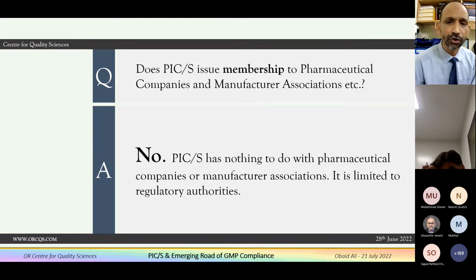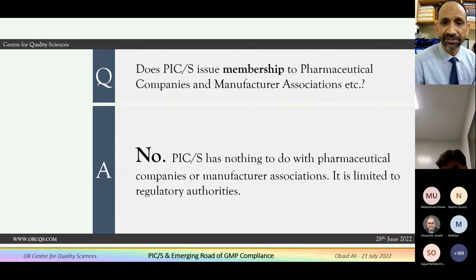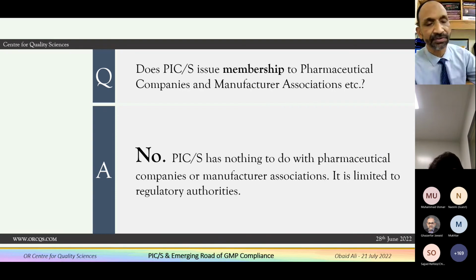नो, PICS हैज नथिंग, दिस इज माय अंडरस्टैंडिंग व्हिच माइट नॉट ऑलवेज बी करेक्ट, बट मैंने बहुत केयर की है इसको जवाब देने में, बहुत जिम्मेदारी से जवाब दिया। अगर कोई गलती होगी जरूर आइडेंटिफाई कीजिएगा। आई विल रिस्पेक्ट योर पॉइंट ऑफ व्यू एंड ओपिनियन। PICS has nothing to do with the pharmaceutical companies or manufacturer association. Go to the website of the PICS, किसी कंपनी का नाम नहीं है, whether it is Abbott or Zafa or Pfizer or GSK. It is limited to the regulatory authorities. सिर्फ regulatory authorities का नाम है इनके पास।